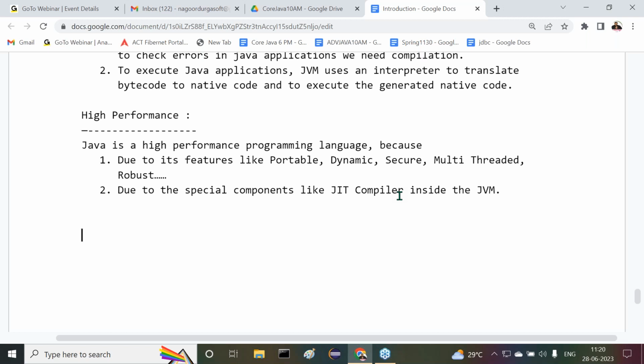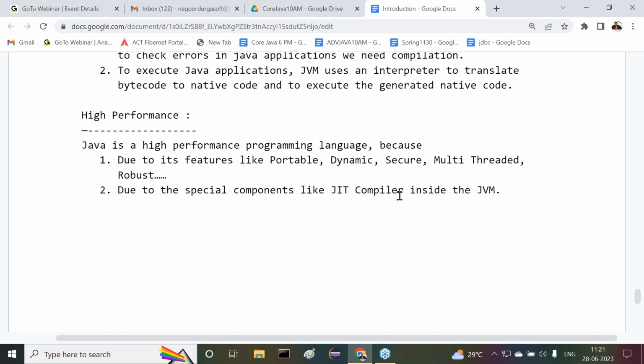Simple, object oriented, platform independent, architectural neutral, portable, robust, dynamic, secure, multi-threaded, distributed, interpretive, high performance. These are the 12 features. Good. How can you say Java is a simple programming language? Because of less memory, less execution time, because of removing confusion-oriented features, and because of using simple syntaxes from